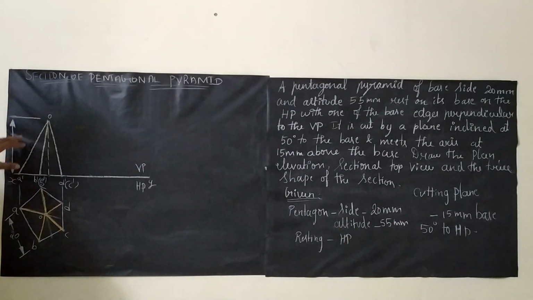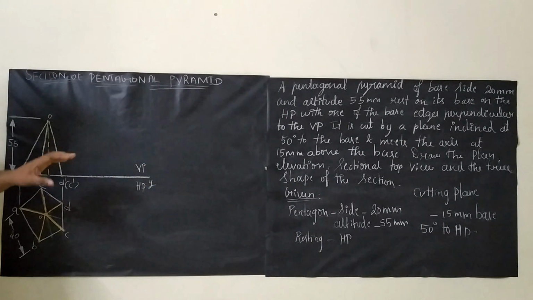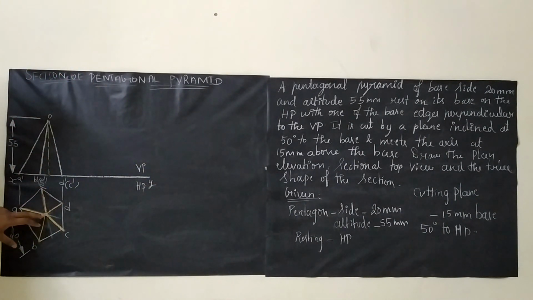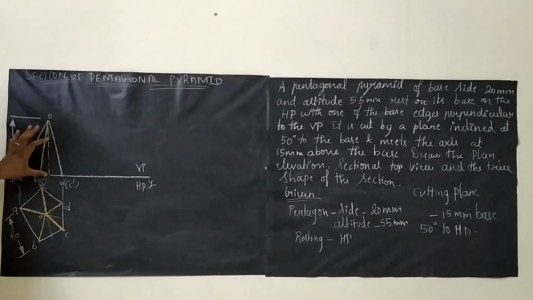After drawing the top view, we have to go for the front view. They clearly give the axis or altitude as 55 mm. From this axis, see here you will be getting a point O, right? Just keep your scale and try to get a point here. From here you have to draw the axis. Axis is nothing but the altitude, and the altitude is 55 mm. So from here till this topmost point, the apex, it's 55 mm.